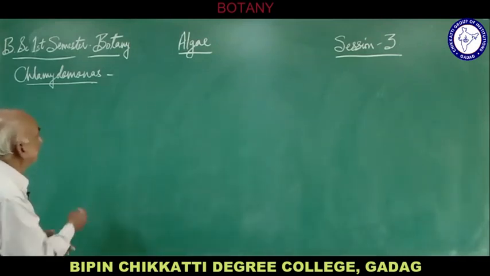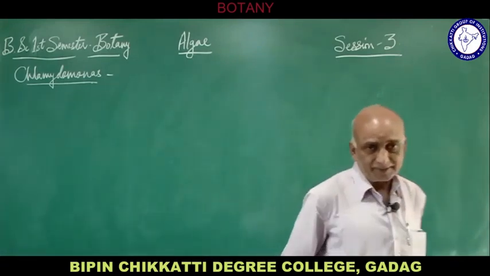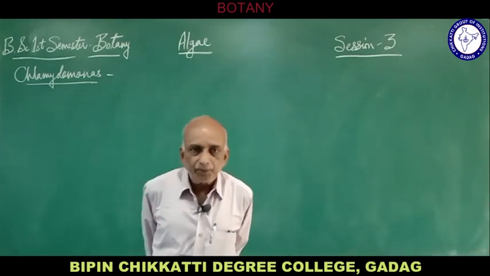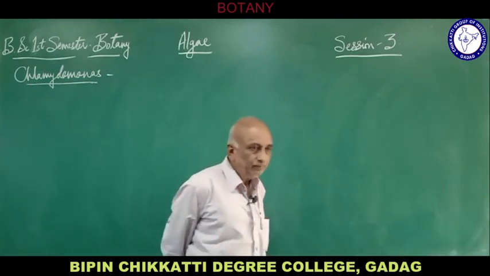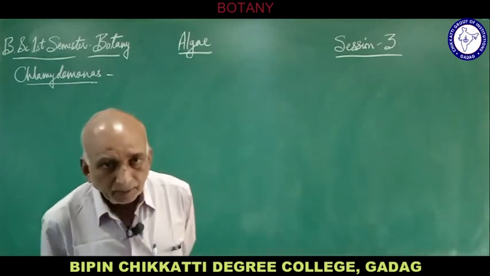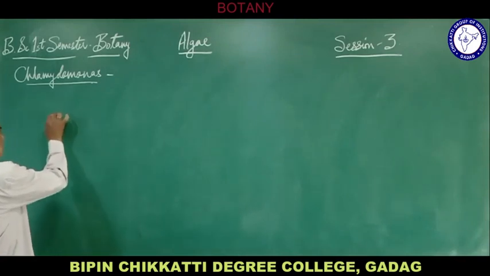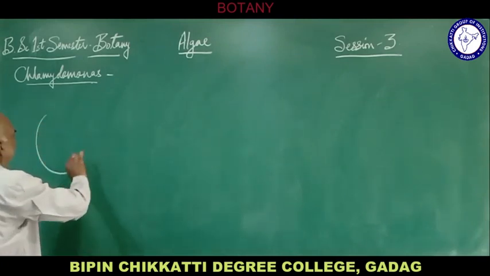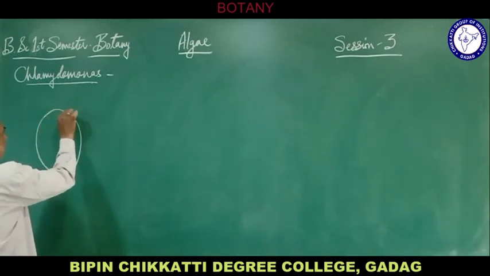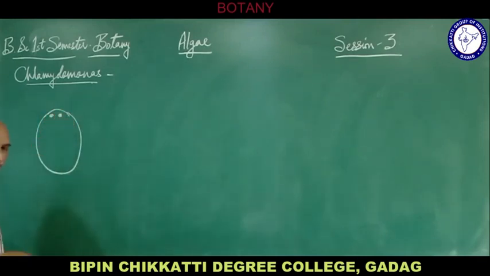Basically, we have studied the structure of the Chlamydomonas cell. So, Chlamydomonas is a green alga, which is found in fresh water and also in the terrestrial regions. Now, Chlamydomonas is a unicellular alga. So, this Chlamydomonas, which is unicellular, is made up of a single cell, and